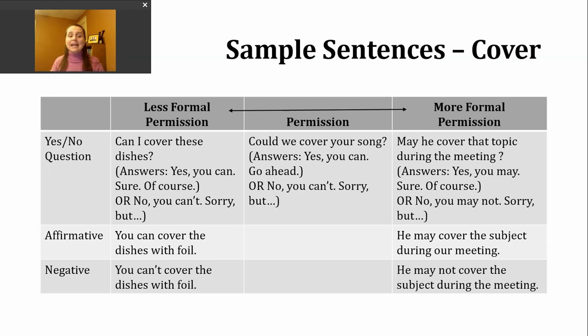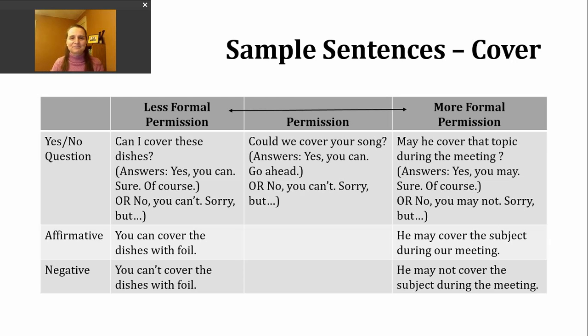You can also make affirmative and negative sentences where you are giving permission to another person. I feel like it's pretty common for parents, teachers, supervisors to use these types of statements. So if I'm going to make an affirmative sentence giving permission, I can start with my subject, then we'll have the modal can, and then the base verb, right? So again, if I'm sort of the person in charge of the kitchen, I might tell someone else, you can cover the dishes with foil. You have my permission. Or if I don't want them to, right, I would say, you can't cover the dishes